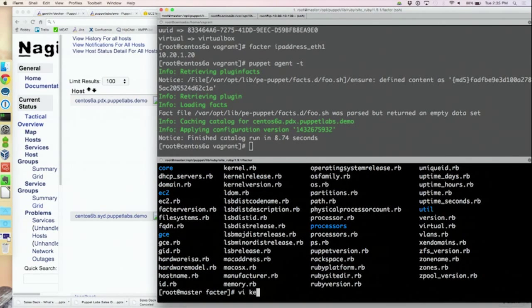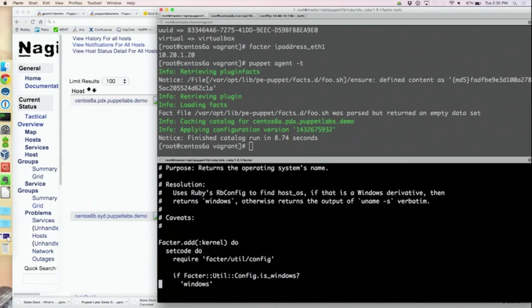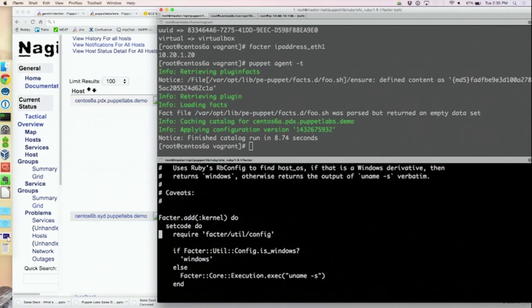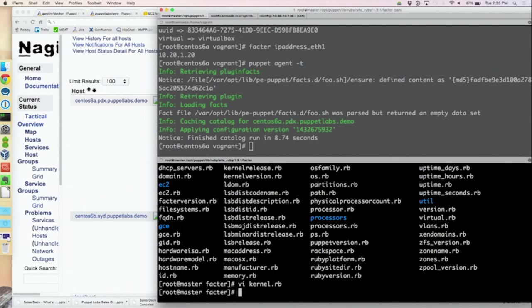Factor. So these are all the built-in facts. You could write a Ruby fact like this that'll go through here and parse, hey, what is the kernel for this system? It'll do it one way if it's Windows, and if it's not Windows, it'll do a uname in order to pull that information. Does the same thing,